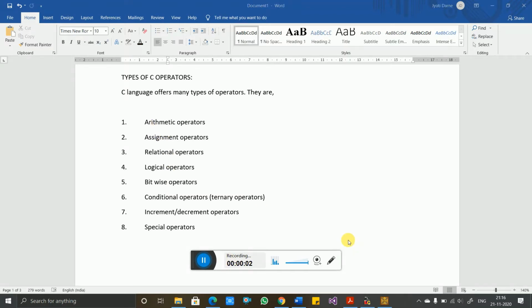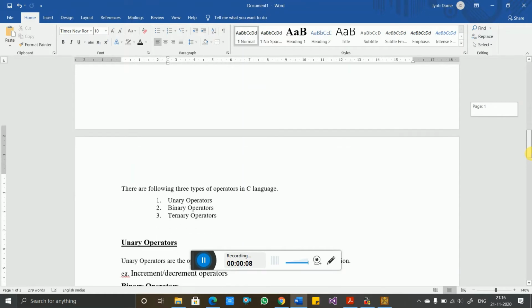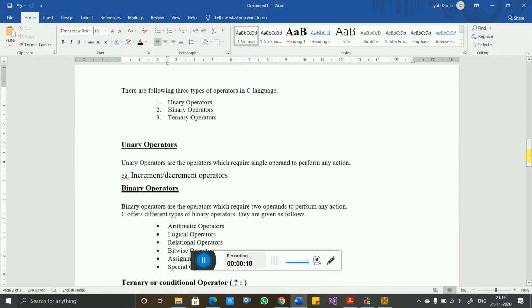Now in C programming all these operators are divided into 3 categories: unary operator, binary operator and ternary operator. What is meant by a unary operator? When we require only one operand, which could be a variable or a constant, that type of operator is your unary operator.